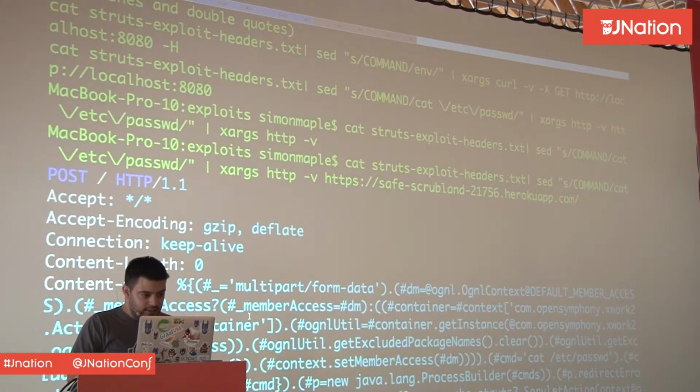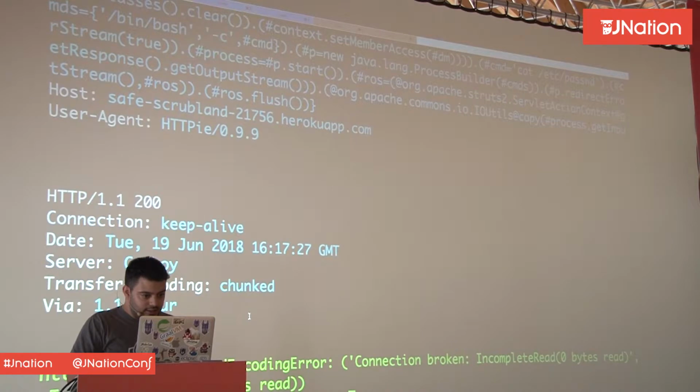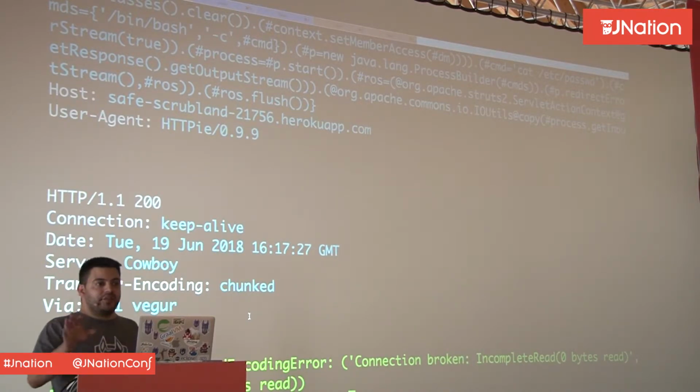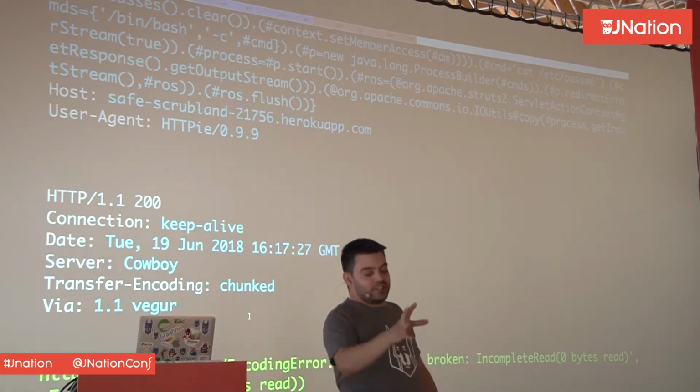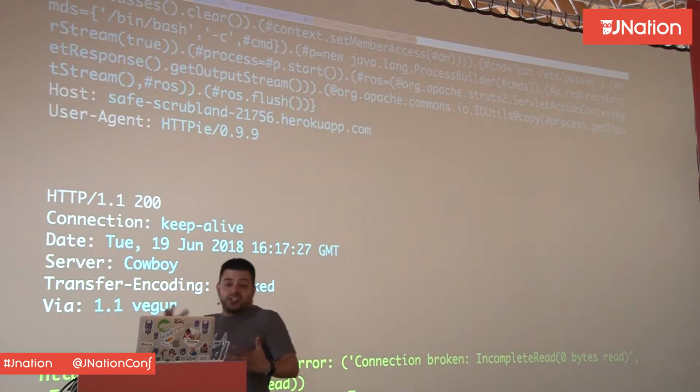Is it? Okay, my Heroku app doesn't have an /etc/passwd by the look of it, but that's fine. If it was my local machine, I'd actually get a nice /etc/passwd. I'll show you another example of that. But yeah, this is typically the